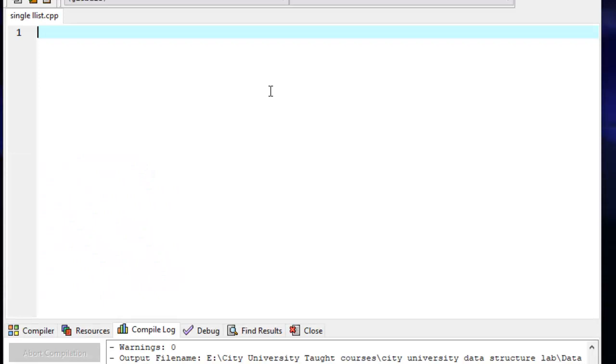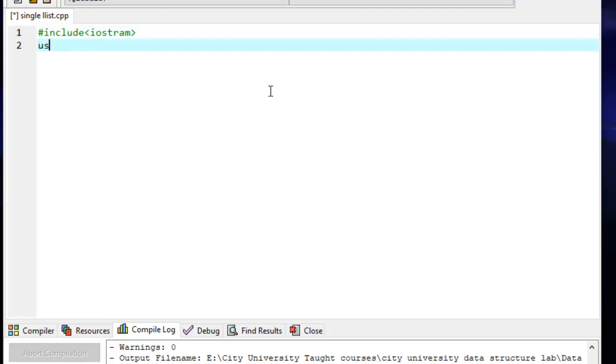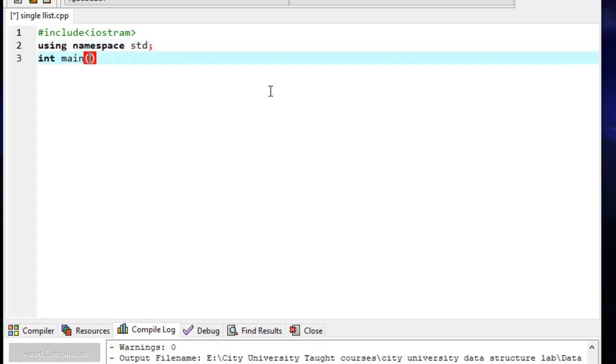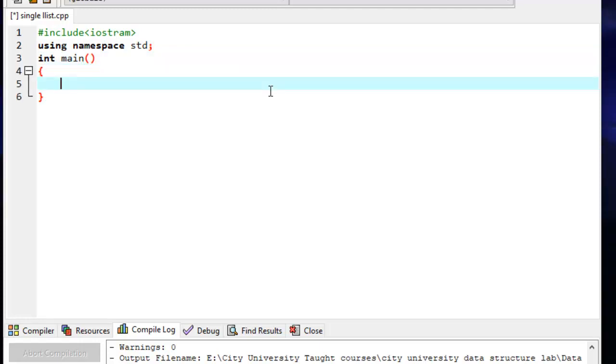So, #include <iostream> and using namespace std. In main, I will create the function body. Here I want to create an array with the size of 7.